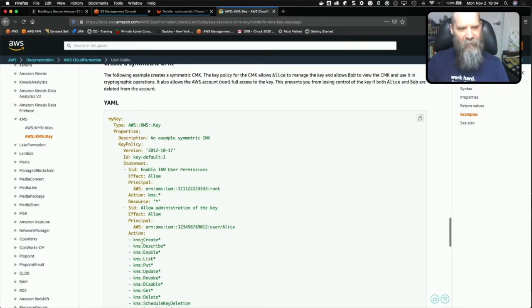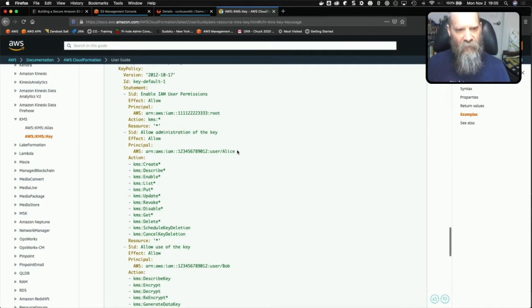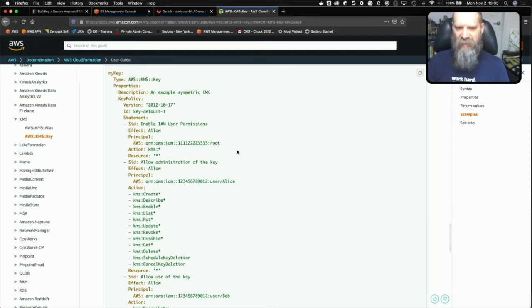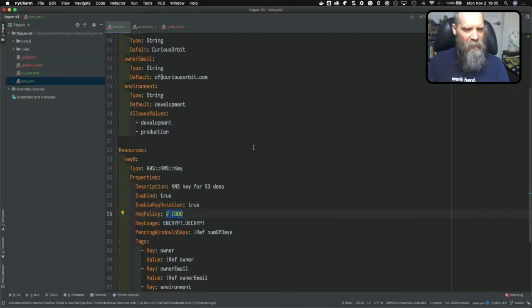And then actually, we're not even going to do administration of the key if it will let us avoid it, because we're just going to allow all KMS actions for IAM users in the account. Okay? If you're doing this in your own account, you would want to make sure that this is locked down a little tighter than what we're going to do. But this will at least get us the key up and running, and we can use it for the demo. We're going to delete it anyways after. So key policy